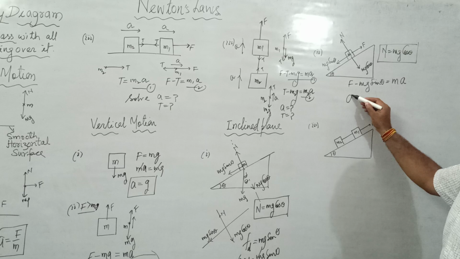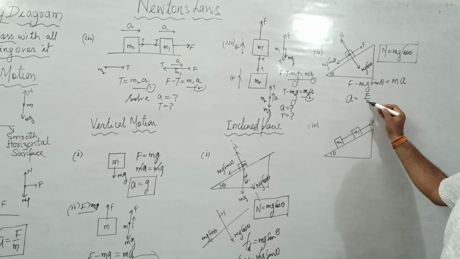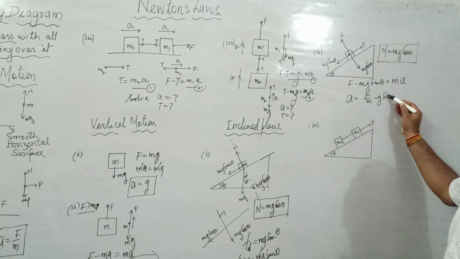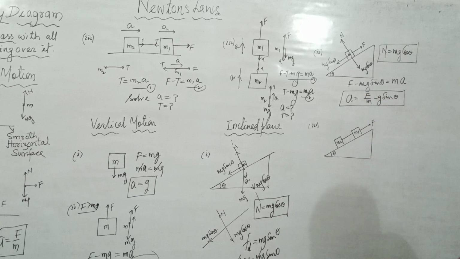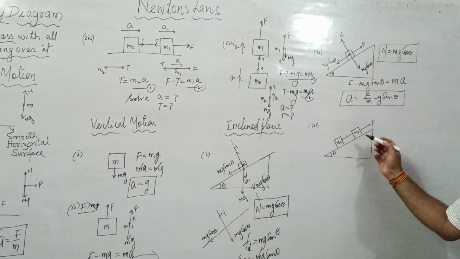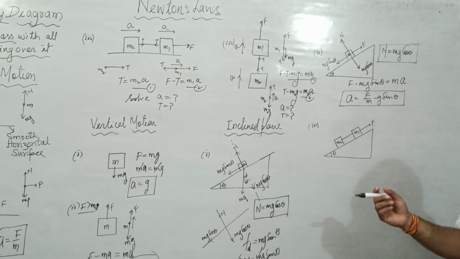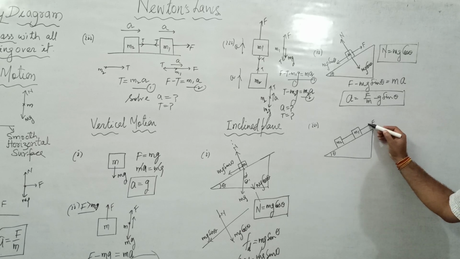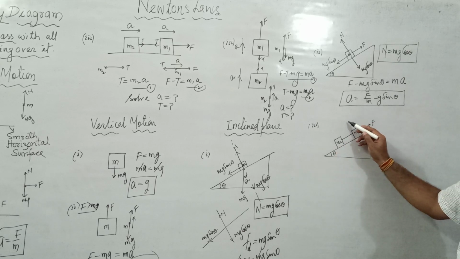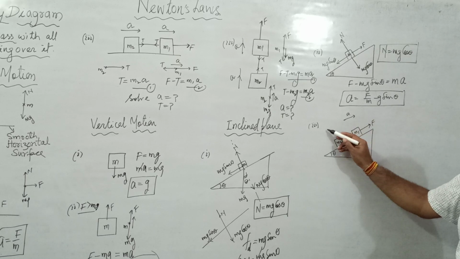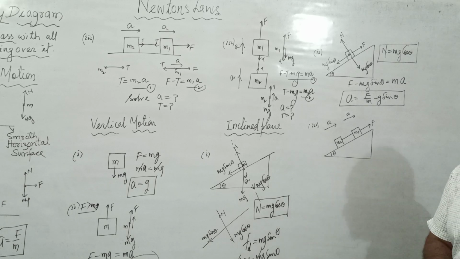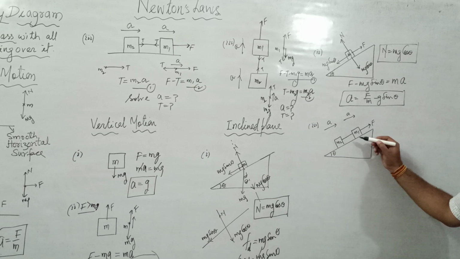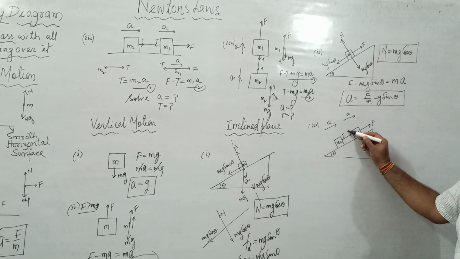Now if we find the value of acceleration, what do we get? F upon m minus g sin theta is the acceleration with which the body is going to move up the incline. In this situation, there are two masses connected to each other with a string, and by virtue of force F acting on this mass, both masses are moving up with acceleration a each. Why a each? Because the string they are connected with is inextensible, and of course it is light too. The tension in the string is away from the mass.